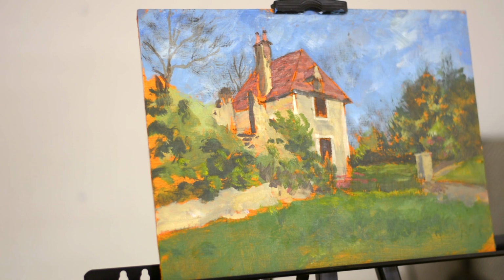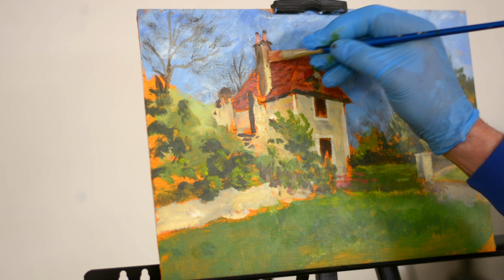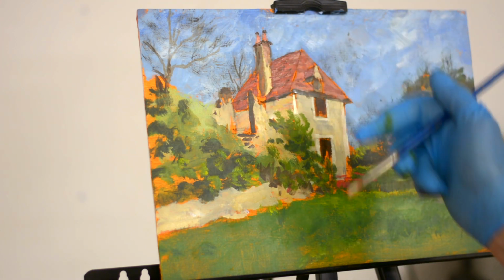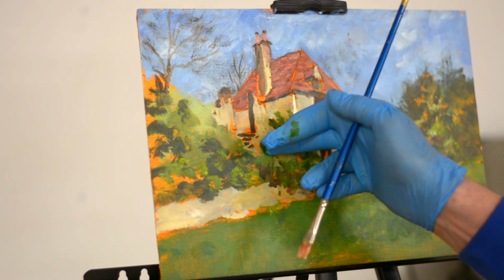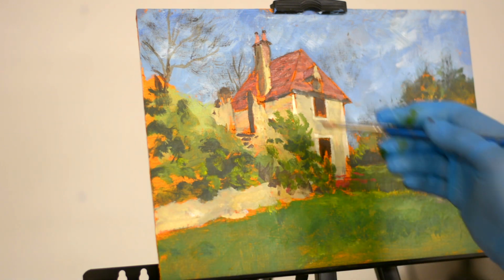Just to try and show the weathering and the antiquity of the building. So it's generally a little bit lighter on the right than on the left. What I do need to do is distinguish between this old wall here, which is in front of the building entirely,